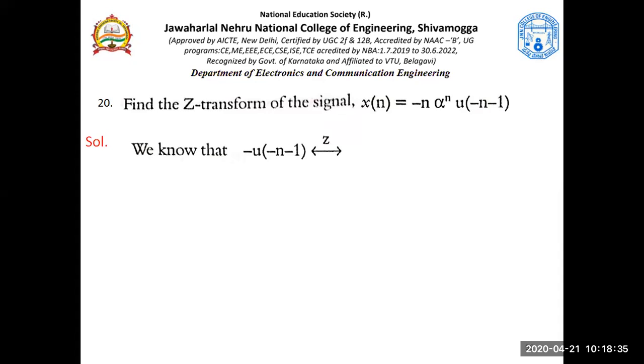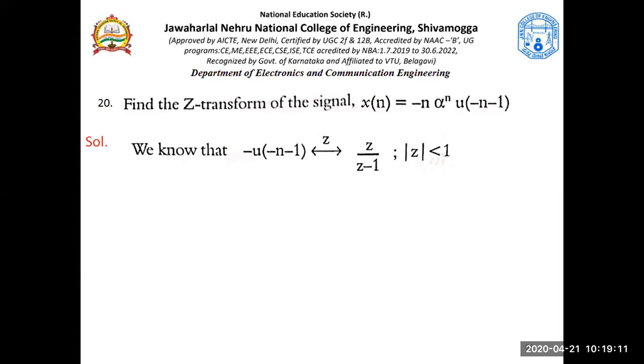Do we know this signal? Yes, this is a standard signal. Negative time exponential, there was minus b power n, right? So that b is 1 here. In negative time exponential, b is replaced by 1 and you have this. What can I call this signal? This signal can be called the negative time unit step function. What is the z transform of this? It is z by z minus 1 only. But the ROC is inside the circle with radius 1.